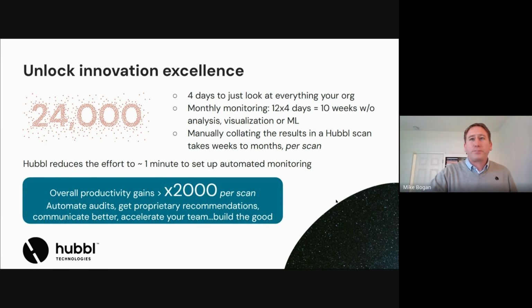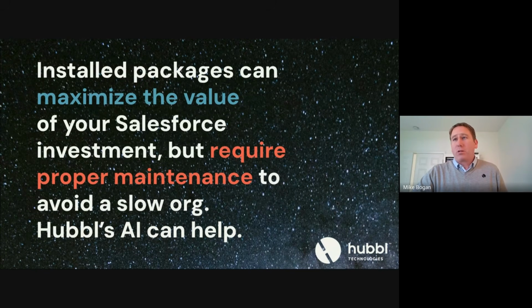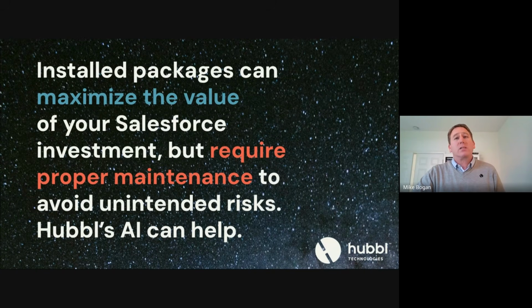So one last point, just to sort of drive things home, I just want you to know that installed packages are amazing and they can maximize the value in your Salesforce investment, but they do require proper maintenance to avoid straight up just missing features, having a slow org because you haven't migrated those workflows across, and straight out the concept of unintended risks as well due to security issues. So